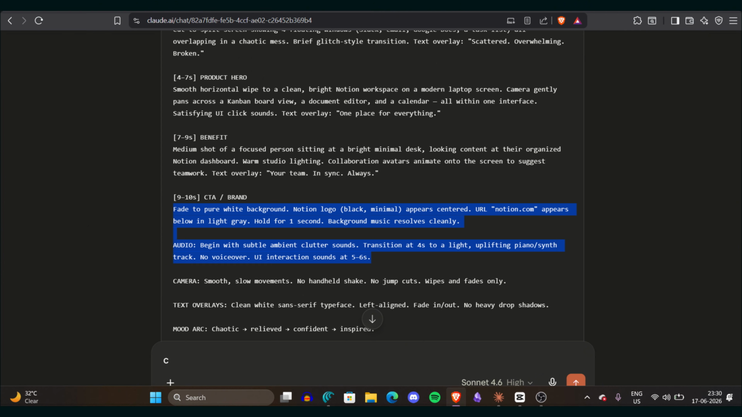And you can see that by each second, at the very end, it says fade to a pure white background, Notion's logo appears centered, and the URL Notion.com appears just below that. And of course we can have audio, we can have different cameras, smooth shots. And once we have this, the prompt is in front of you. By the way, I will leave a link in the description so you can go and try different prompts. Just copy this prompt and we will go to